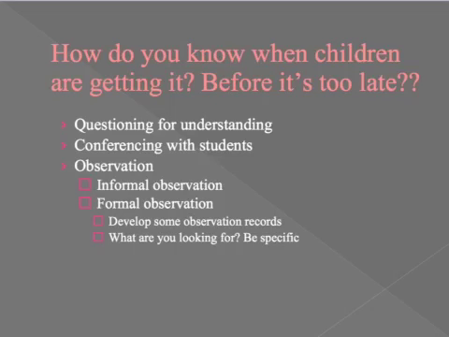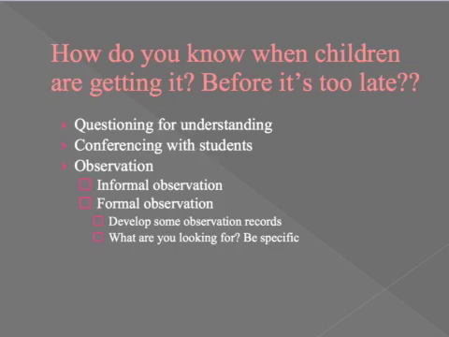Use observation. It's often an underused strategy, but can be incredibly useful. You will see stuff. You can do this through informal observation, but try using some formal observation tools. Develop some observation records of your own that relate to the sorts of learning intentions that you've developed. What are you looking for? Be quite specific, and then have a matrix of those criteria against the students. When you see that they're doing it, give them a tick. This way, you can map who's understanding and who's not,